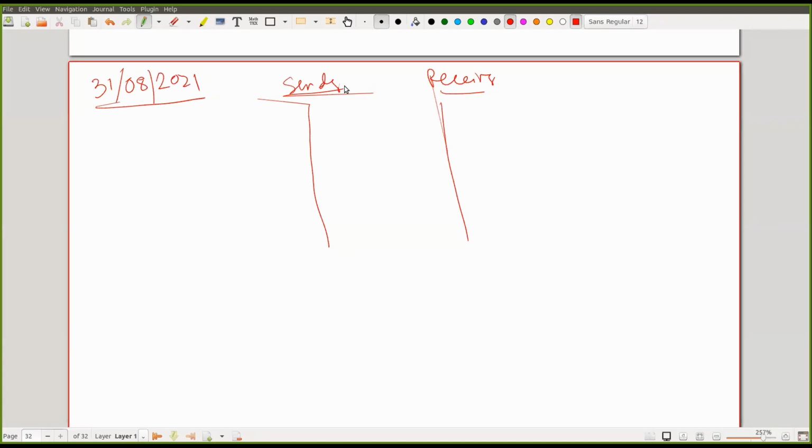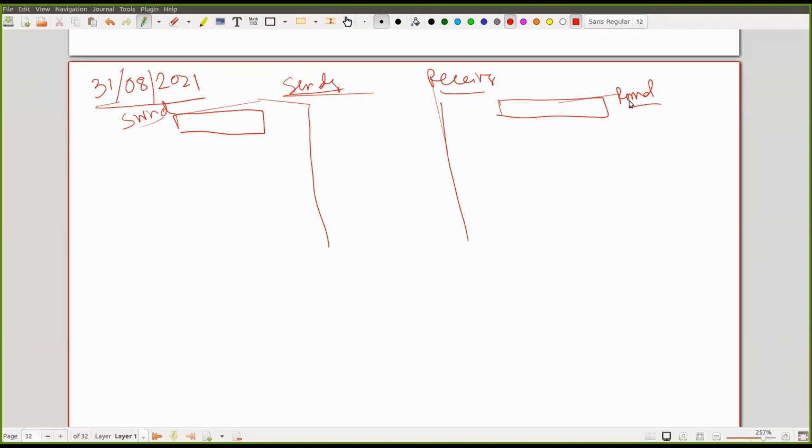Can anybody tell me from the last class discussion, at the sender side, what window do I need to maintain to maintain the flow, and at the receiver end, what window do I need to maintain as part of flow control? Out of the send window and receive window, which windows do we need at the sender and receiver ends?